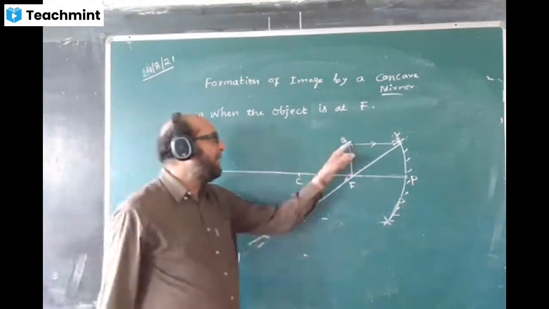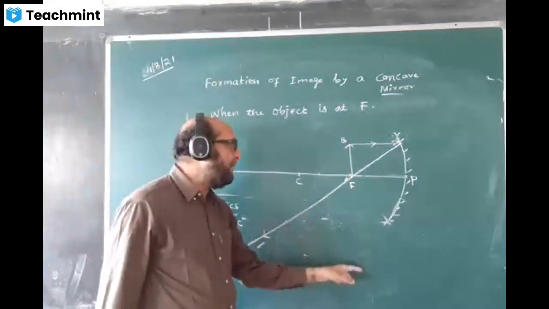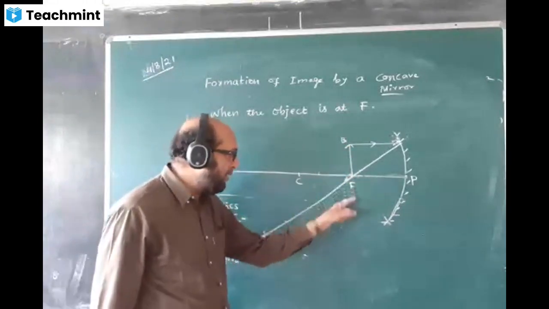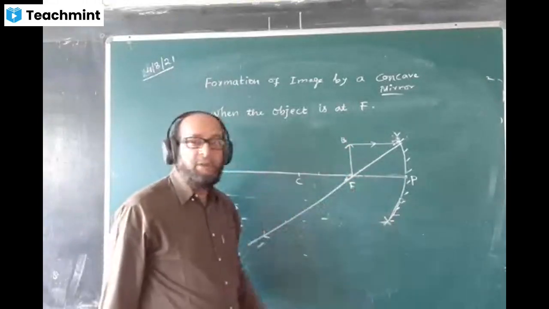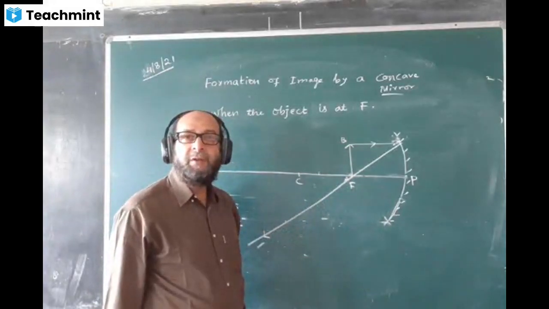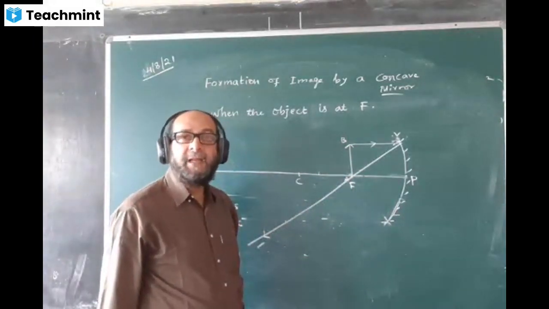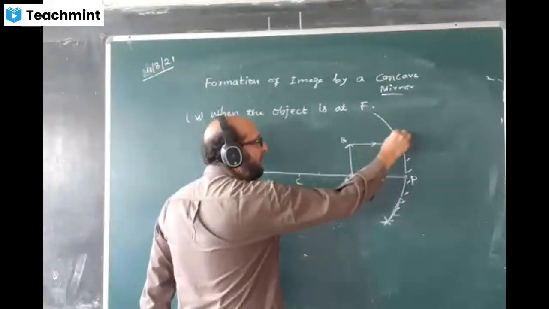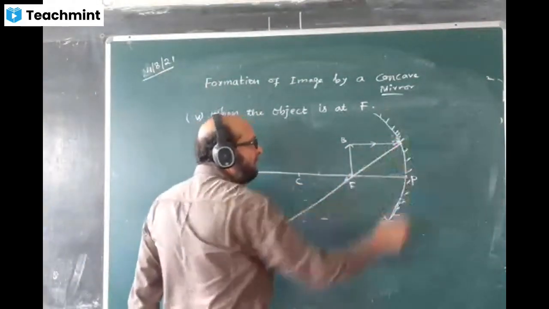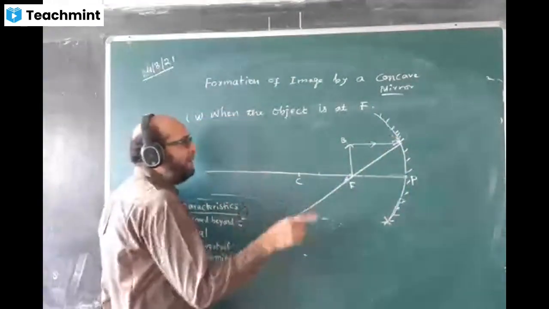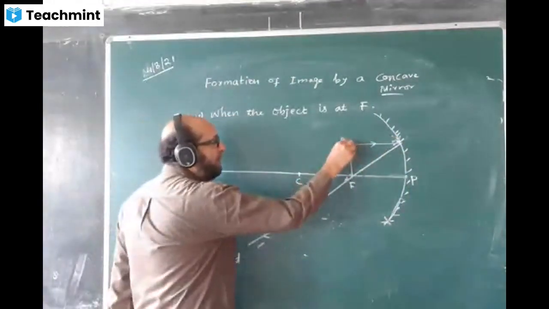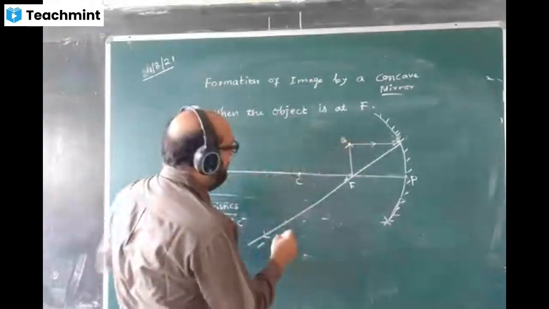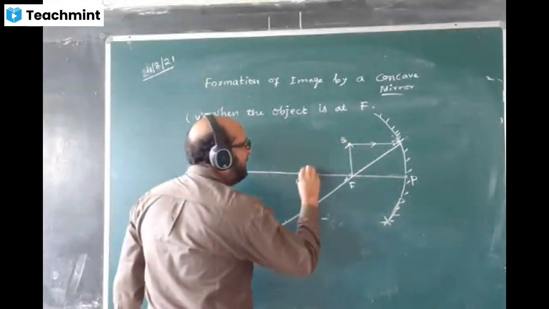If you take the second ray passing through F, it will not strike the mirror. Will it strike the mirror? A ray passing through F from the object, from the B like this, it will go like this. It will not pass through the mirror. Don't take it that way. Take it through C. That means the size of the mirror you can slightly increase here. If the size is not sufficient, you increase it. Keep the ruler between this point and this point, and join it this way.